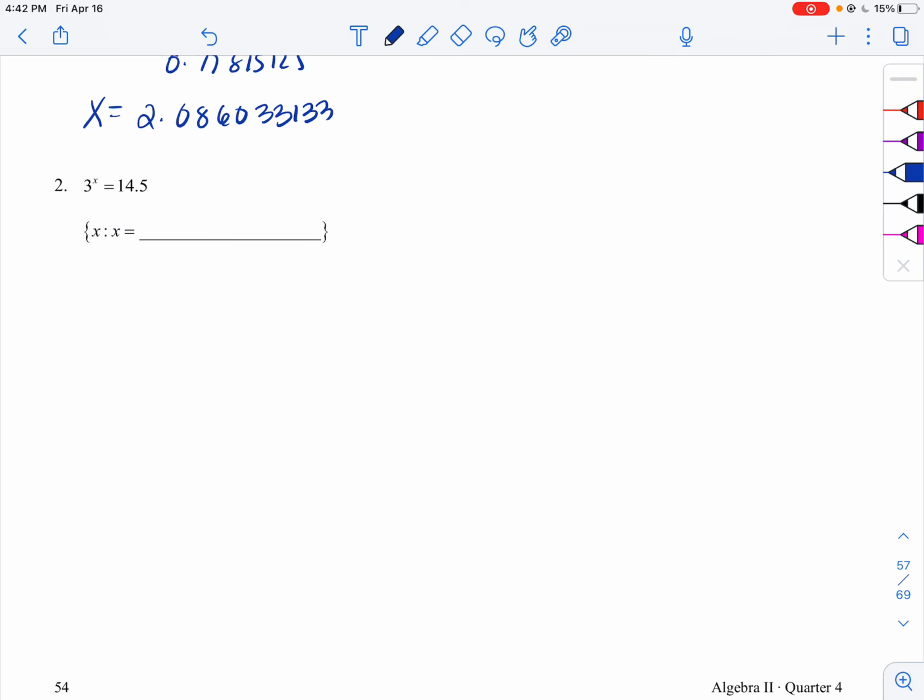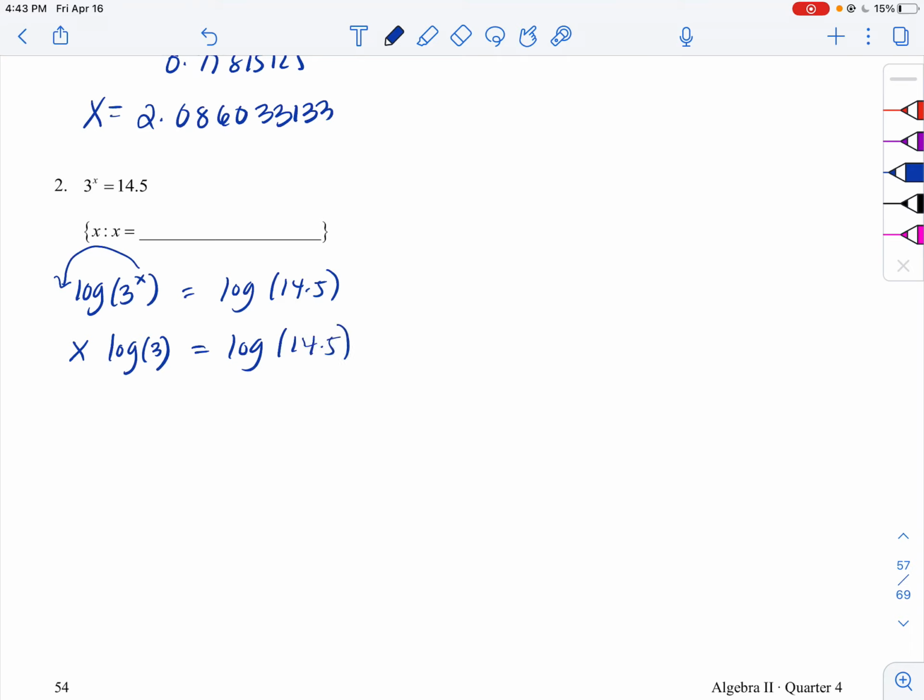Same steps. So we are going to do log of 3 to the power of x equals log of 14.5. Then the power property says I can move that, so this is x log of 3 equals log of 14.5. Divide that on both sides. You are going to have x is equal to log of 14.5, which is 1.161368002,